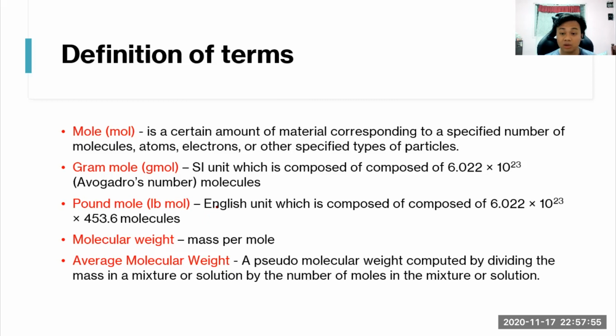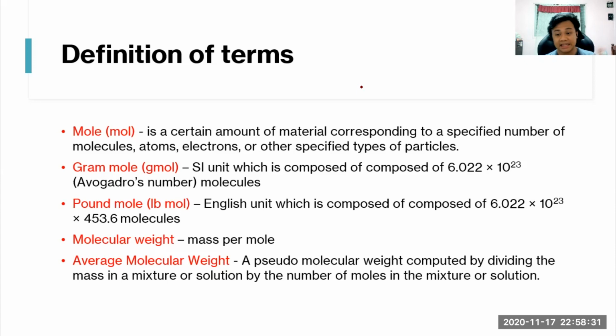When we talk about a mole, it's a certain amount of material corresponding to a specified number of molecules, atoms, electrons, or other specified types of particles. It's really a special unit, guys. It has been created to quantify large amounts of things. We have two types of moles